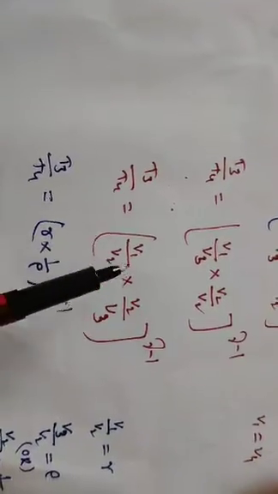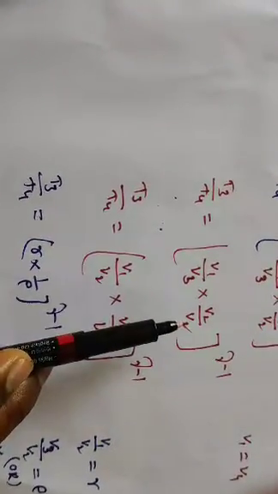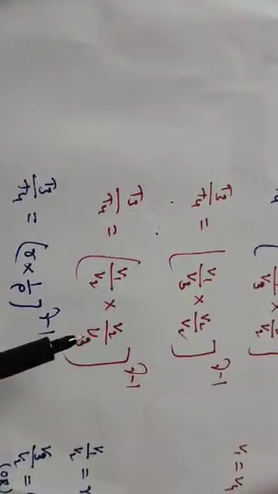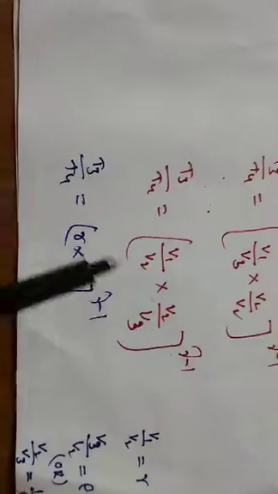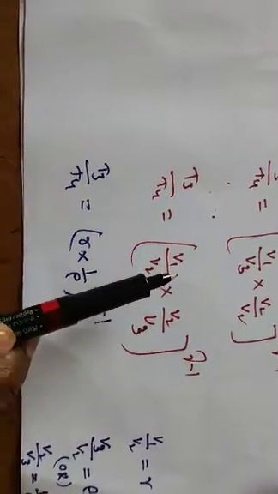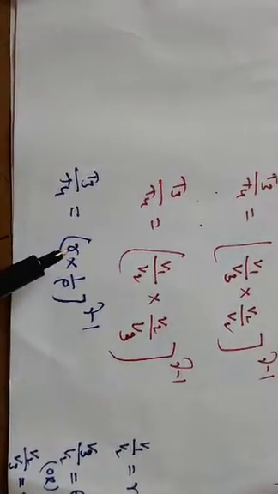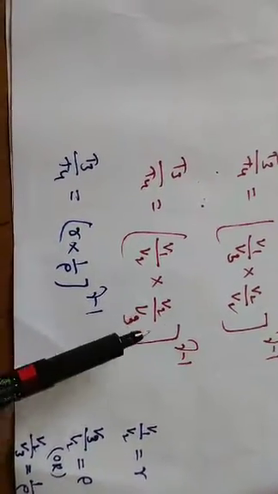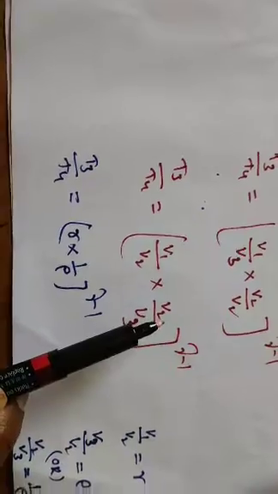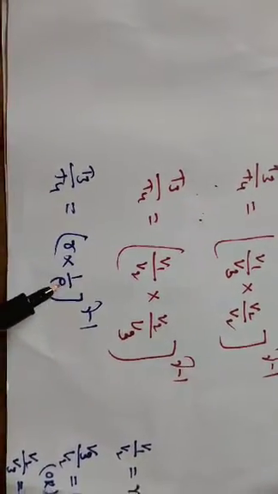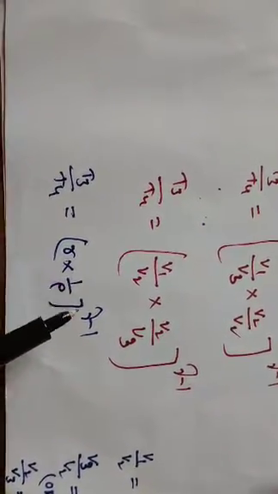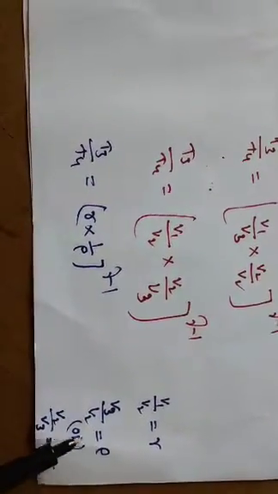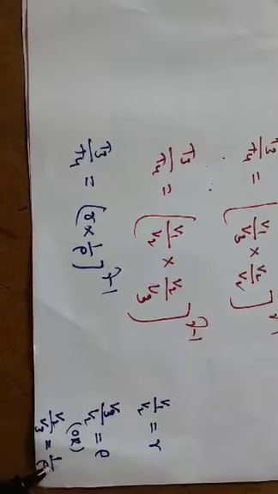T3 by T4 is equal to V1 by V2 into V2 by V3, raised to the power of gamma minus 1. V1 by V2 is nothing but r, that is the compression ratio. V3 by V2 is nothing but rho, so V2 by V3 is nothing but 1 by rho. So r into 1 by rho, raised to the power of gamma minus 1.